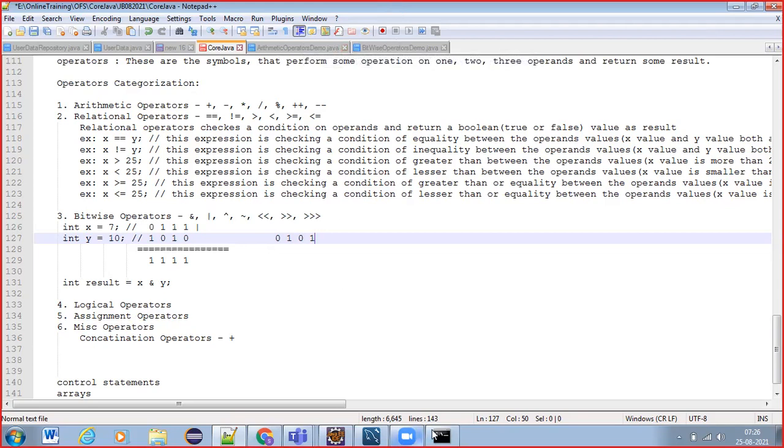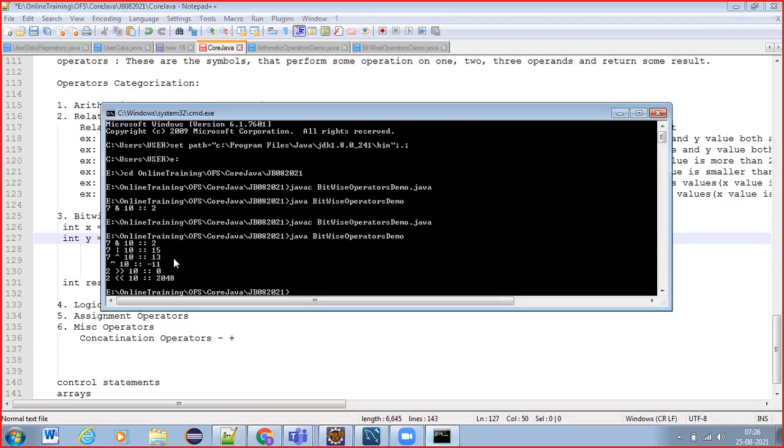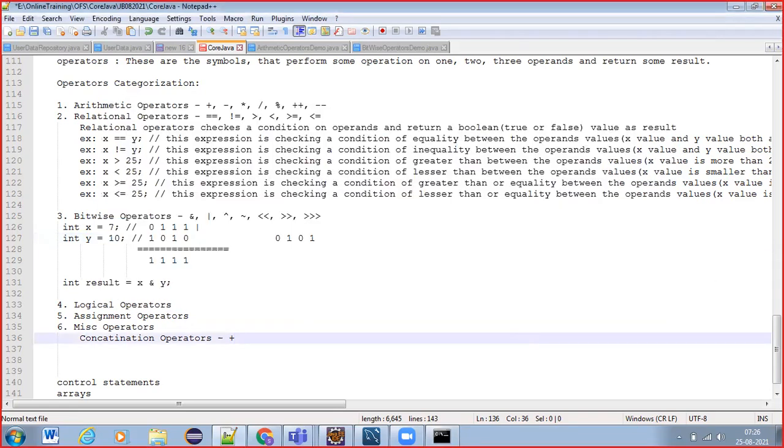and it is performing those bit calculations, you do yourself, guys. And then it is moving 2 bits towards right, and here it is moving 2 bits towards left, and performing the calculations like this. Okay, now this is about bitwise operators, and don't focus much on this topic and don't get confused.